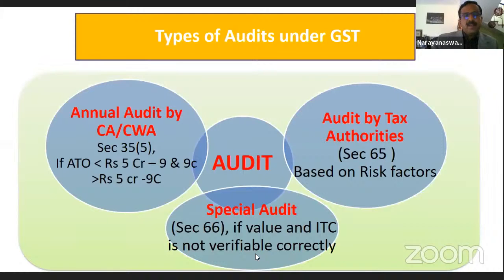that's mandatory. Thereafter, officers will select the taxpayers' units based on certain tax risk parameters, like whether they are availing more than the normal ITC, whether they are paying less tax, various risk parameters. On that basis, we select the units and conduct the audit on priority. Wherever we have got high risk parameters will be given priority. And there is a wing called the audit wing separately, and the audits are being done in a routine manner.